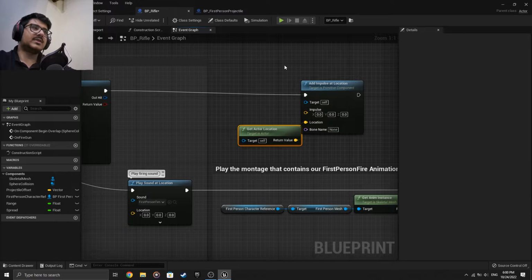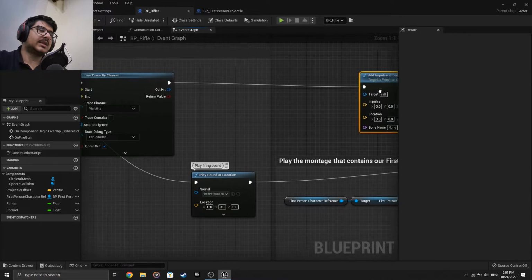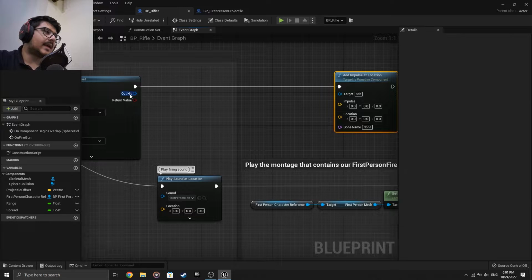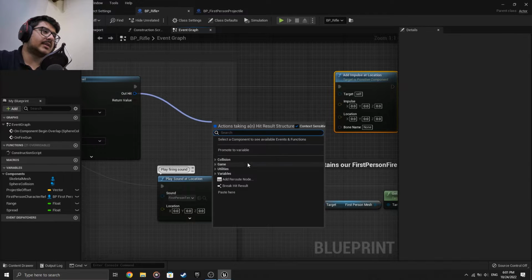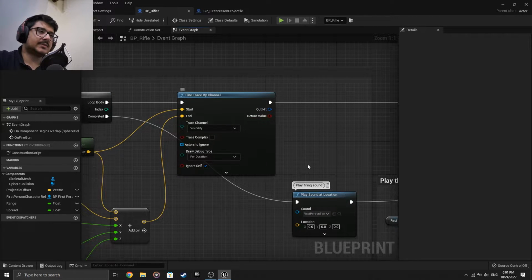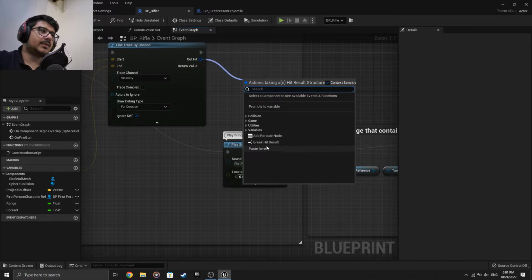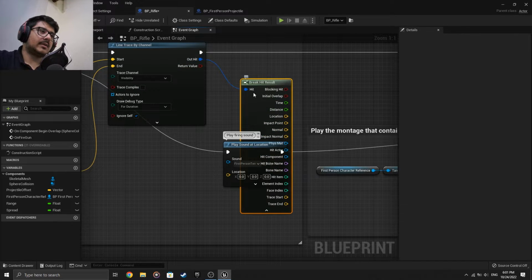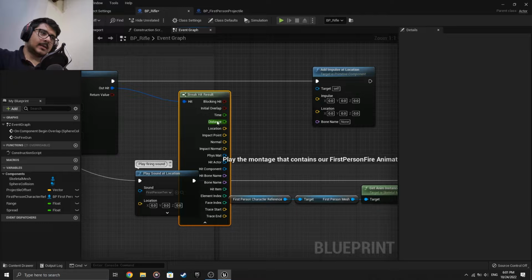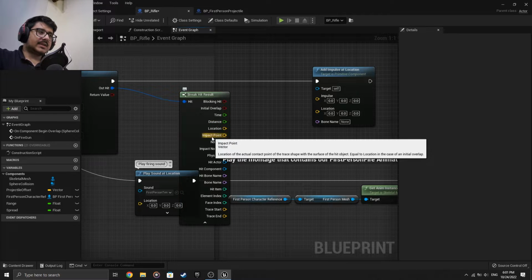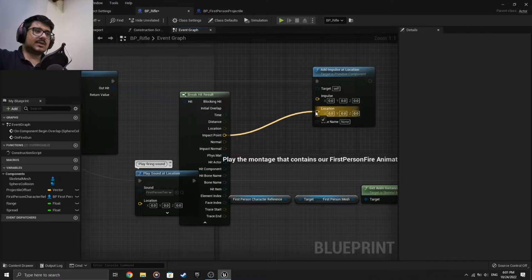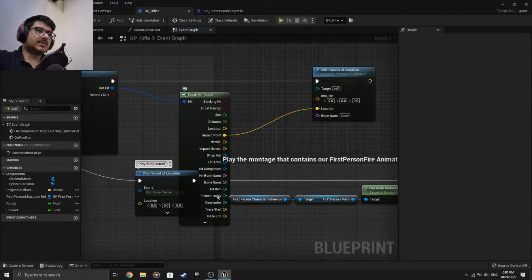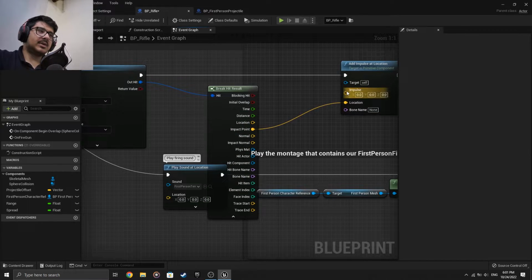Or not, remove this too, because this would get the location of the rifle. We don't need that. As you can see in the line trace, we do break, and that's a lot of things. But don't worry, we will not use it all. We're just gonna attach the impact point. You can attach the location, but I'm going to do this because why not? And the impulse here is